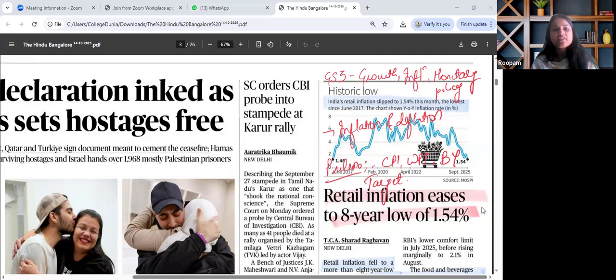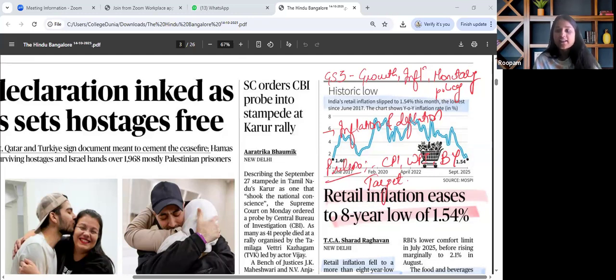From the mains perspective, if we map this article, it falls under monetary policy transmission, household consumption slowdown, and the possible deflation risk associated with such low inflation altogether. In this manner, this article is to be seen holistically and revised, not only for what has been discussed, but also for the core peripheral areas that could be a potential question for our exam.